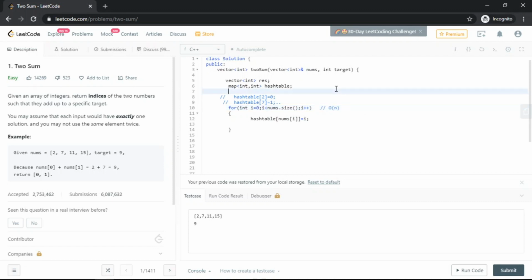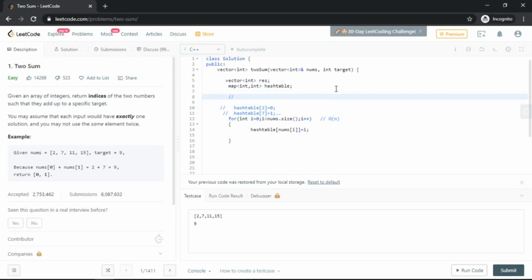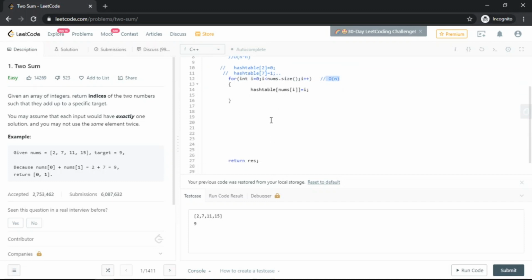The previous solution, the brute force solution, was taking big O of n into n, that is, there were two loops iterating over the whole array. So that was big O of n square, and this is big O of n. Let us see how we can optimize this.